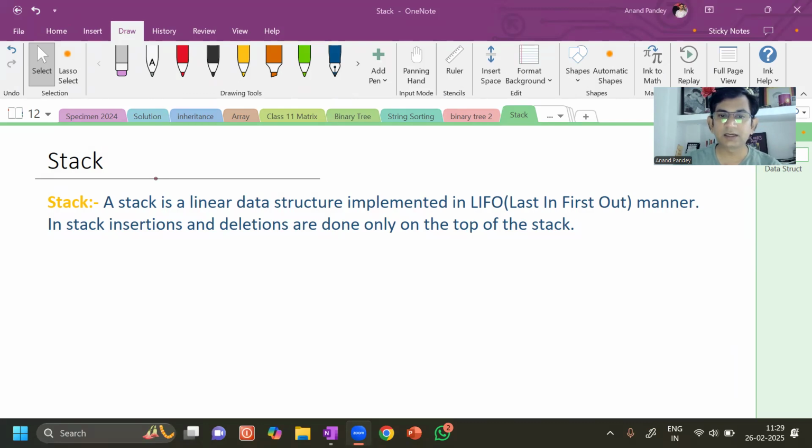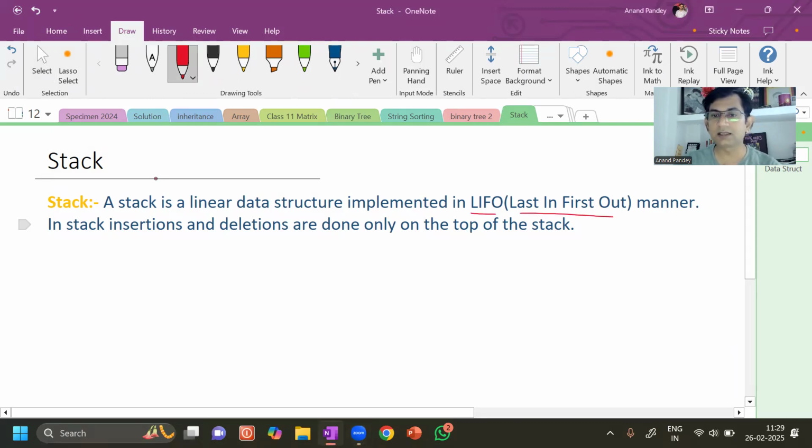The stack is a linear data structure implemented in LIFO, last in first out manner. Means what? Actually, we are going to implement the stack using an array. So last in first out manner means what? If you are entering data into an array, the data which you have entered at last,